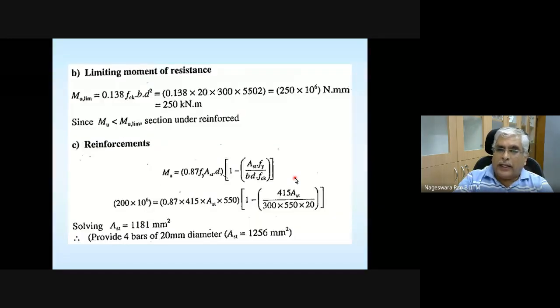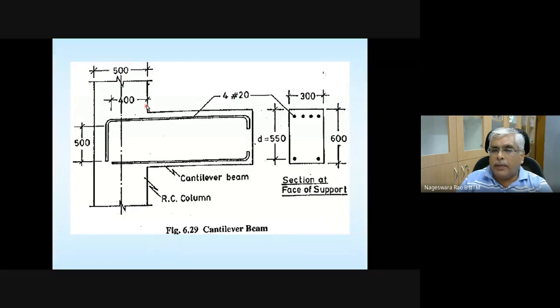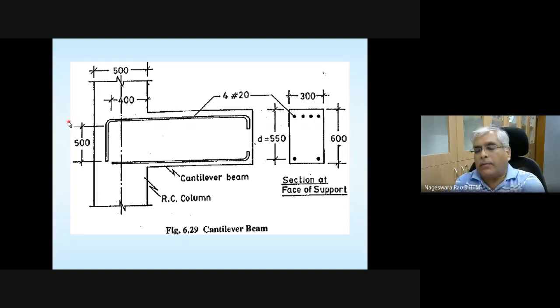I need to make sure that this reinforcement, please note, this is the junction of the beam and column, or this is the face of the column. Beyond this point, I need to anchor this tension reinforcement for 940 mm. But the width of the column is only 500 mm. Out of this 500 mm also, cover is going to be there. And also please note that the reinforcement in the column is not shown. The column is also going to have longitudinal reinforcement as well as stirrups.